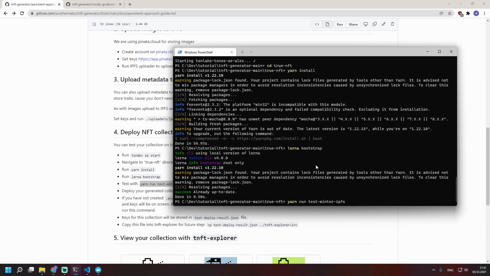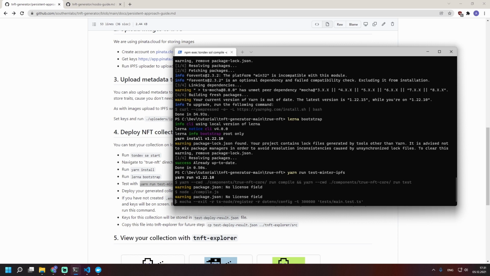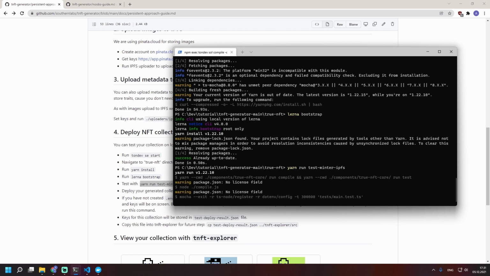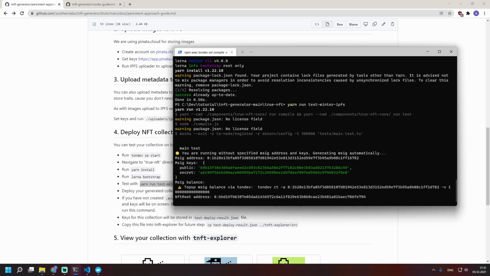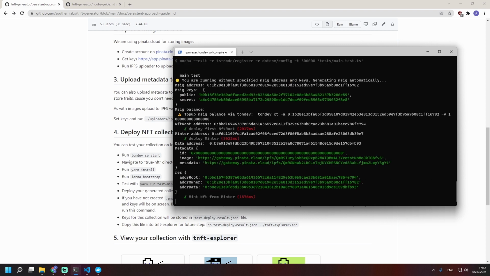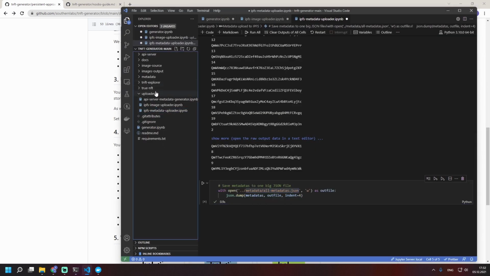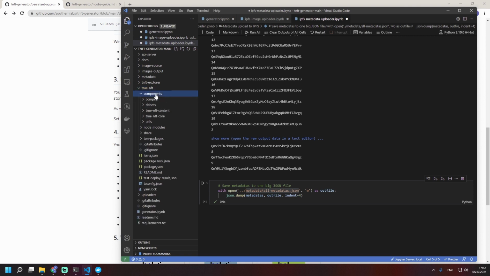minting of our NFT. Okay, tests are passed. So we have everything okay. And if we want to deploy NFT to actual network, you need to navigate to True NFT components, True NFT core folder, and here will be